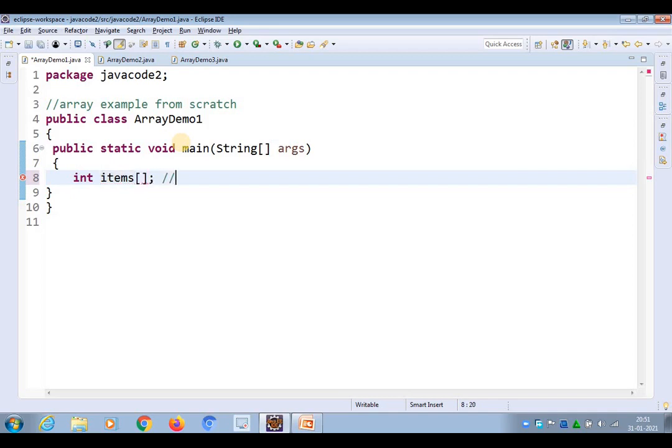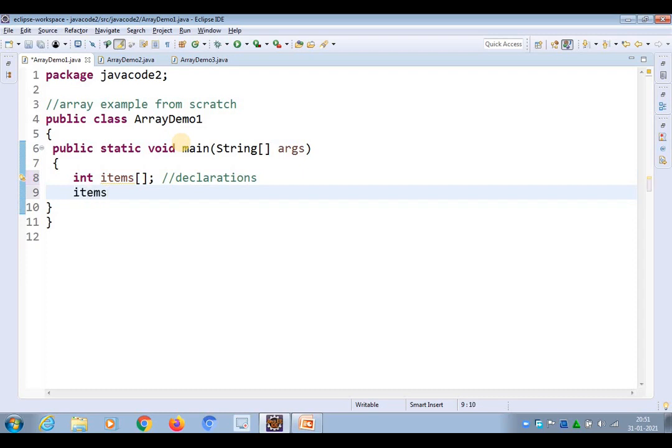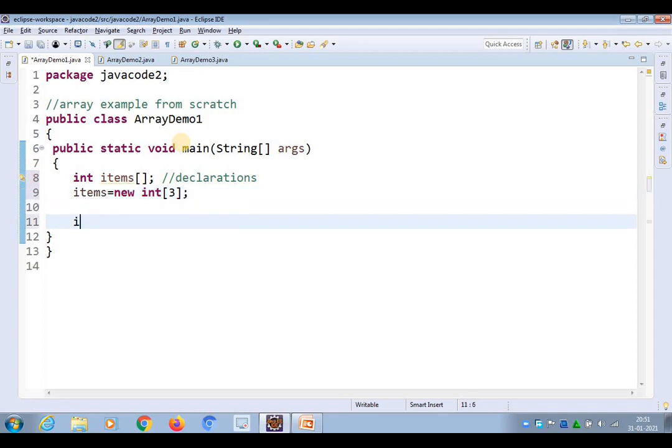This is actually the declaration of an array. Next, I am allocating the memory, that is items equals new int of 3 items. Later we have to initialize the values or assign the values.